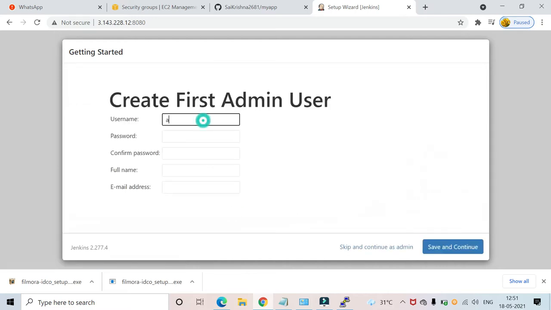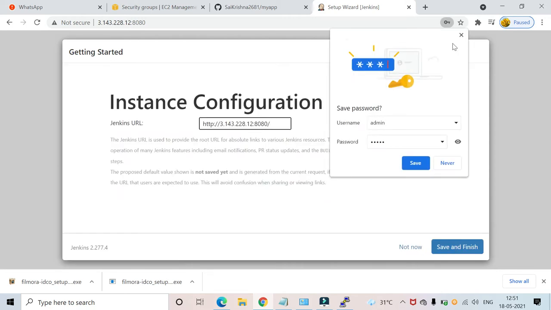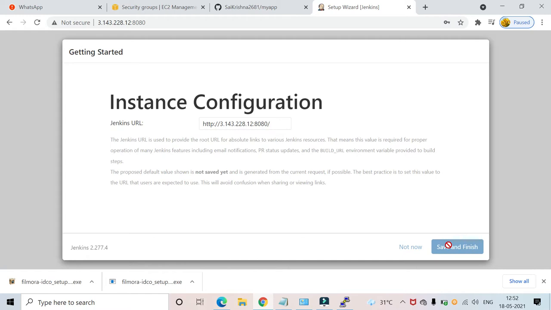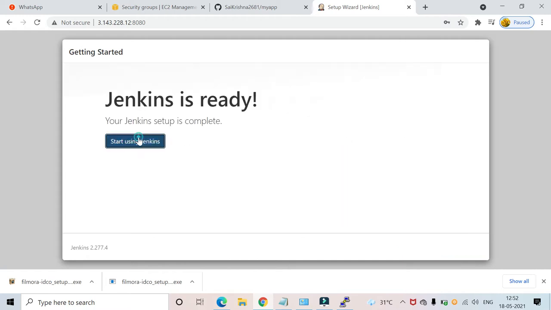So create an account. I'll say admin. Now I have created my account and start using Jenkins.